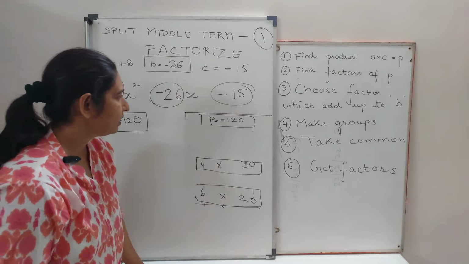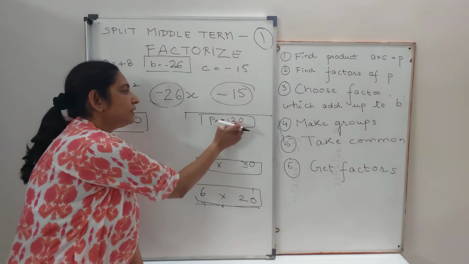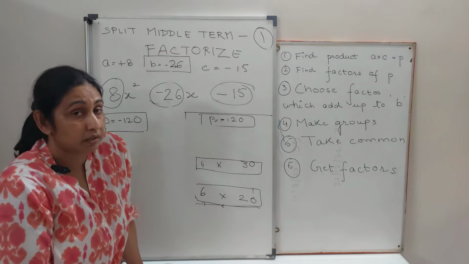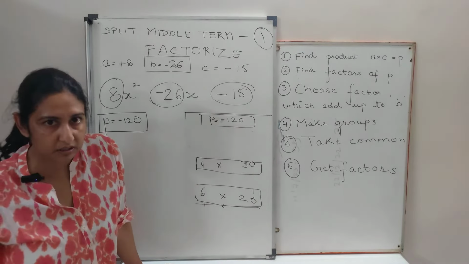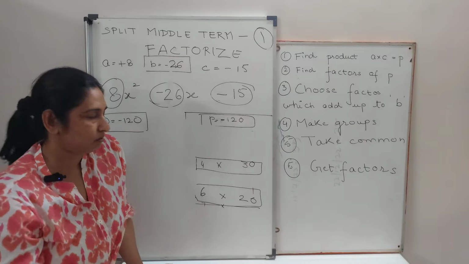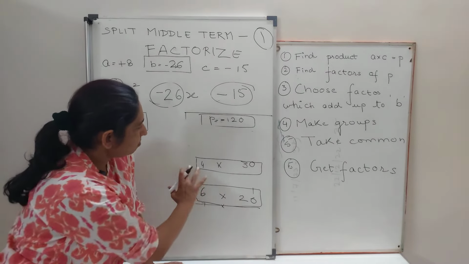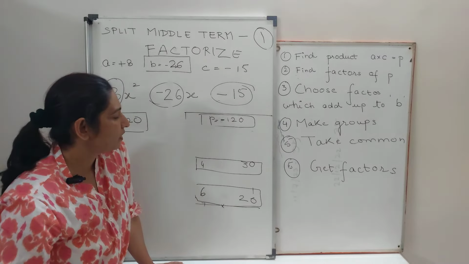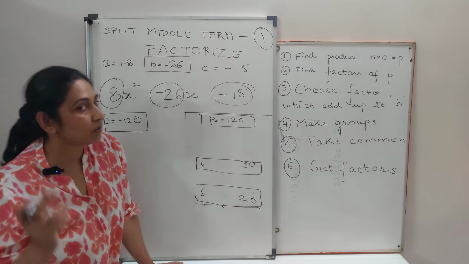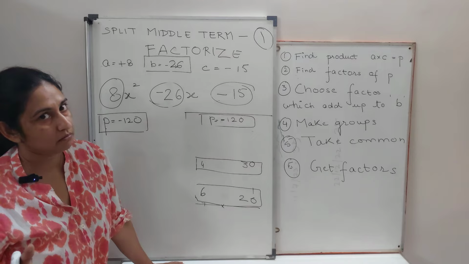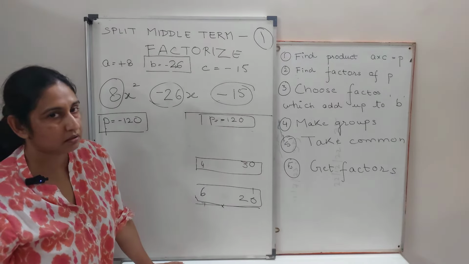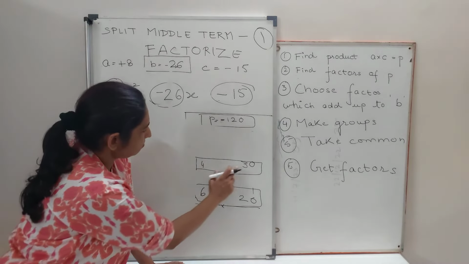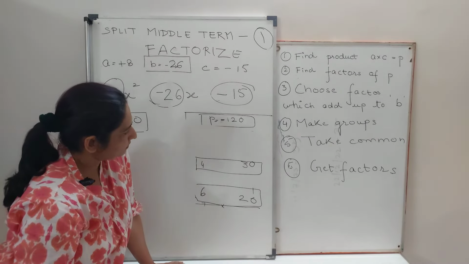We chose them. Now, is it only 120 or do we need minus 120? We need minus 120. So far we only looked at the numbers. Now let's look at the sign also. How can you get minus? Now this pair also gets removed. Now you have to add them or subtract them to get minus 26. How do you get minus 26 from here?